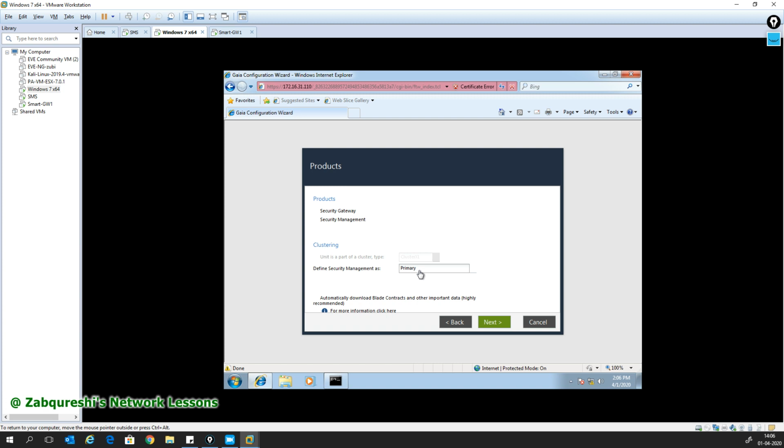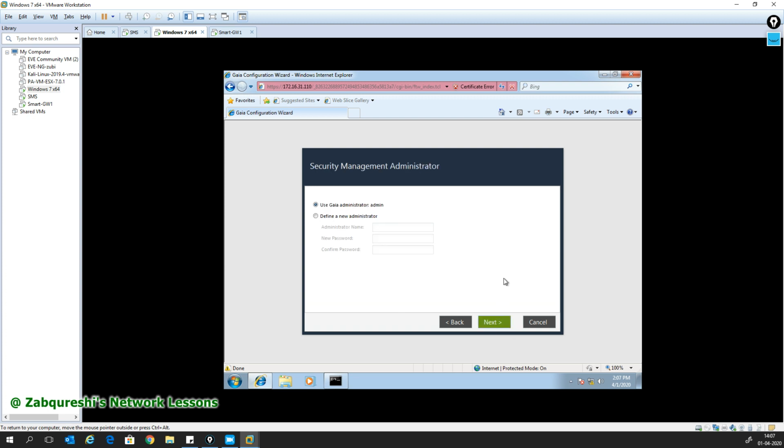So I'll get this option of primary or secondary, like redundancy for the server, right? So in the gateway you have to select this thing. But this is the management server, so I'll do this. Rest everything will be the same. So I'll use the administrator, the admin account, right? Same thing, or you can define it. So for the GUI access, I can keep it as this machine only, so that this machine will be able to HTTPS to this management server, or I can keep any IP address. Okay, so I'll keep any,